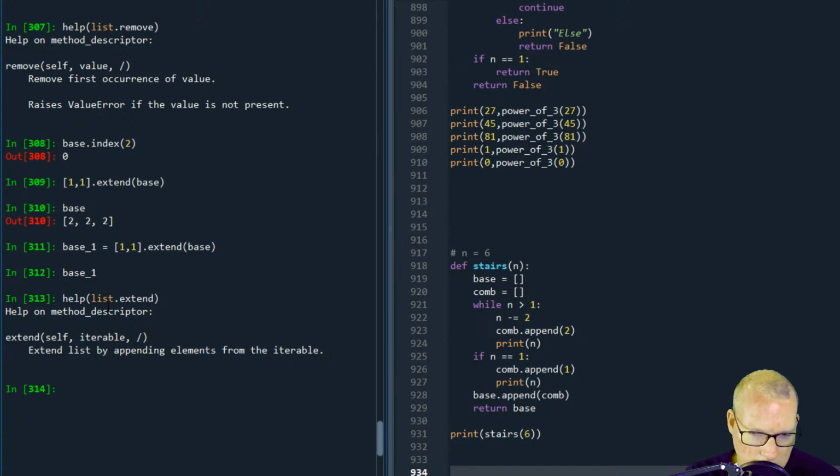Because if we go this way, I'm going to get the first occurrence. So if I use index, I'm going to get the first occurrence of the 2. And I really thought this. Let's try something. Singles